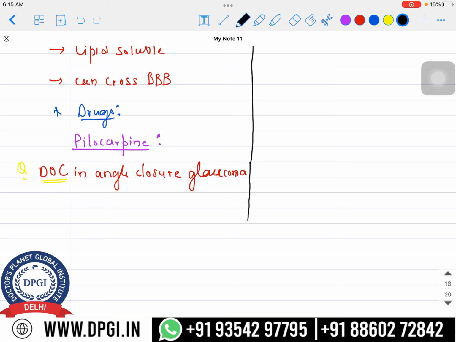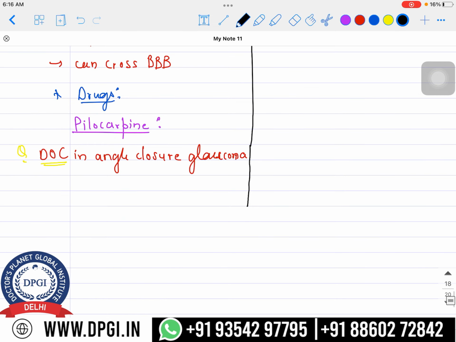Now the next point is that it is also causing, not the dry mouth, basically it is increasing the secretions, right? It is increasing the secretions everywhere. So in the salivary gland, the receptor I am expecting over there is the M3 receptor. So if I use this drug, it will be increasing the secretions, so it can be used for dry mouth also. Dry mouth is also called xerostomia, right? So it can be used over there.